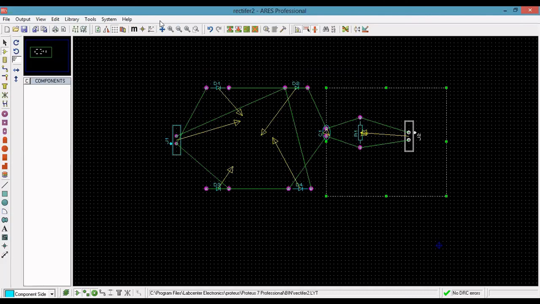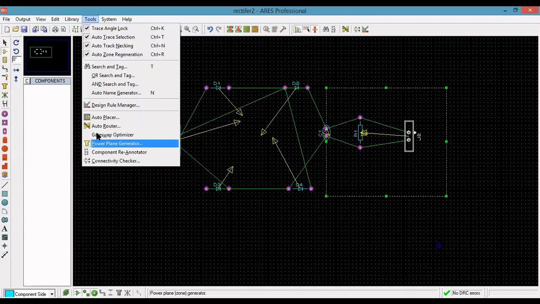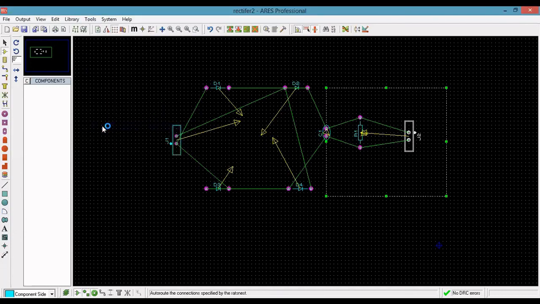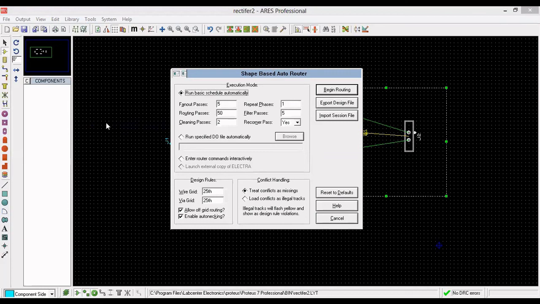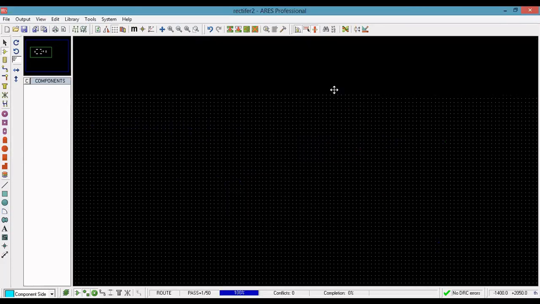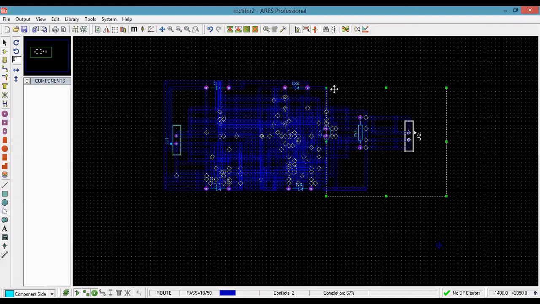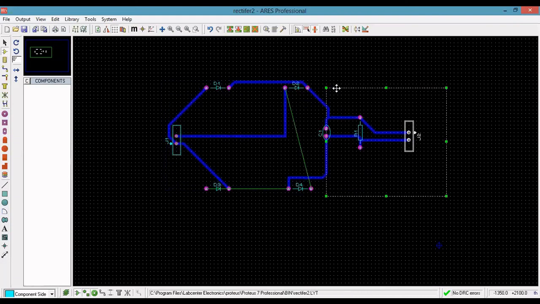Next, go to tools, auto router. Click begin routing. So this is called a PCB design output.